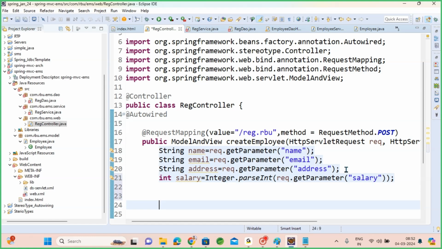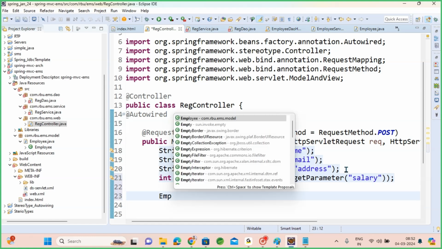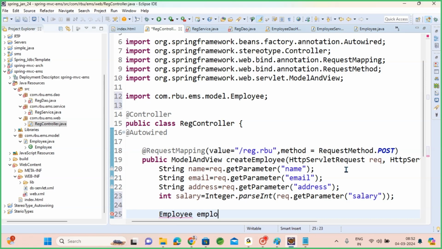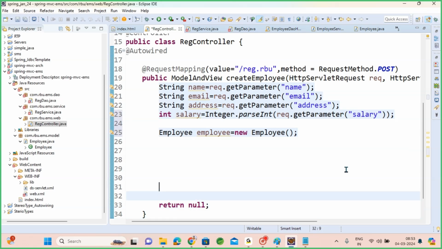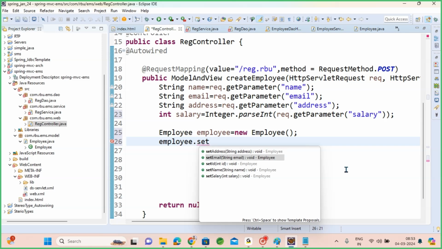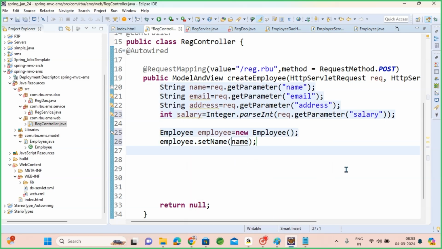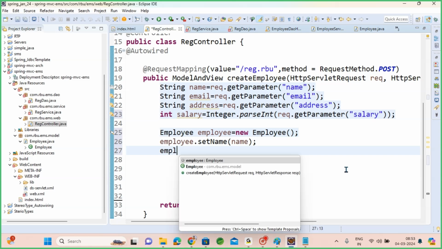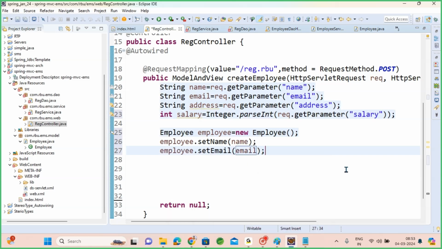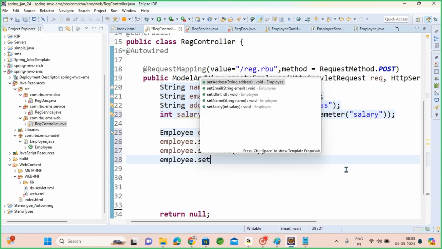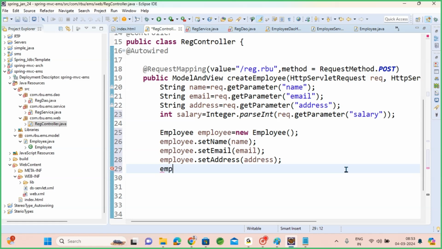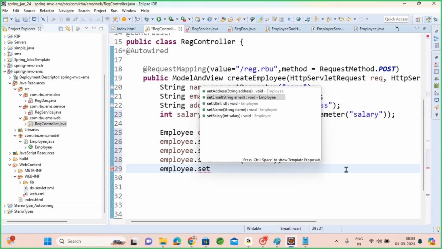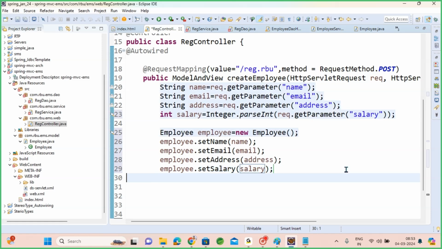Now here we can keep this data into an entity, right? Employee entity: employee equal to new Employee, and you can set all these parameters. employee.setName, employee.setEmail, employee.setAddress, employee.setSalary,